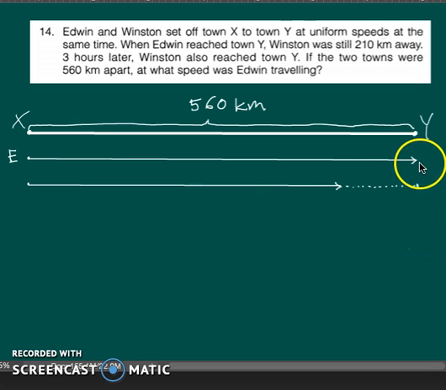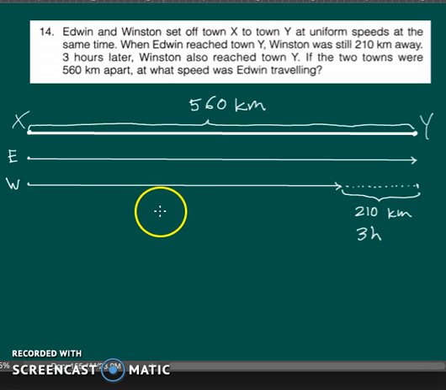So you can see here Edwin gets there, but Winston still has a ways to go. And in fact, he has 210 kilometers to go. So we know that this distance that's left for him to travel is 210 kilometers. And then 3 hours later, he gets there. So it took him 3 hours to travel those 210 kilometers. So this time here is